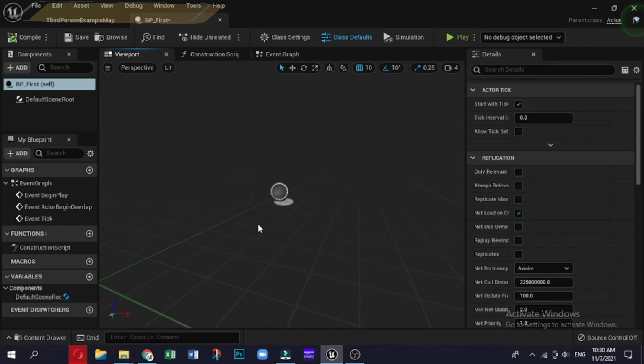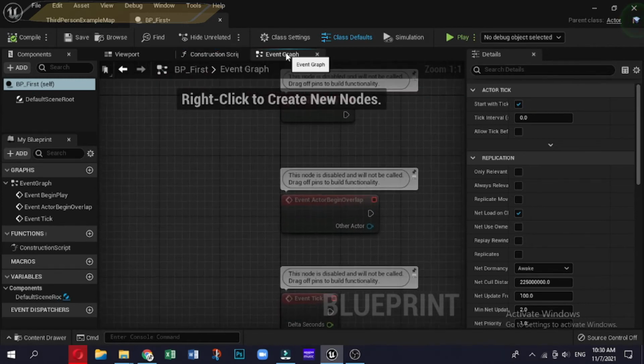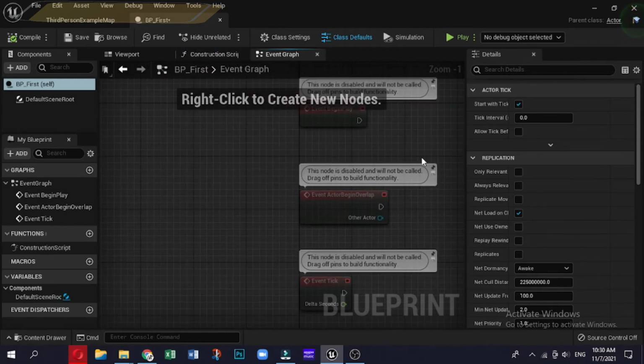As you can see from the preceding image, the blueprint editor is divided into several panels. Each panel is independent. This means that they can be moved, resized, deleted, and duplicated in order to have a workspace that fits your choice. Let's take a closer look at all of these sections.